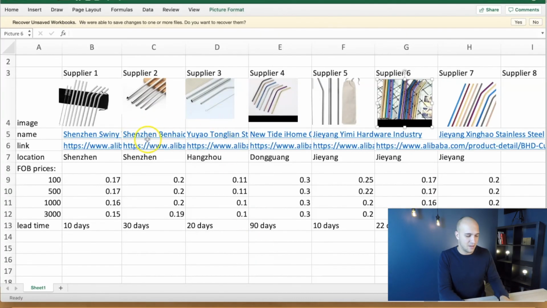You have this file here with the supplier names, right? So you want to make sure that you label all of those products when you get them out of the box and you know, okay, this belongs to supplier number 1. This belongs to supplier number 2. This is supplier number 3. You need to have that because if you mix it up, you have a huge problem here. So I give you the link right now where you can get